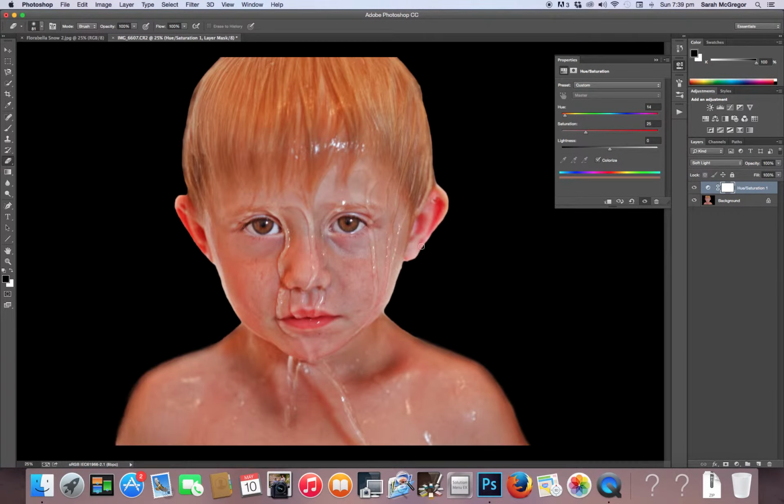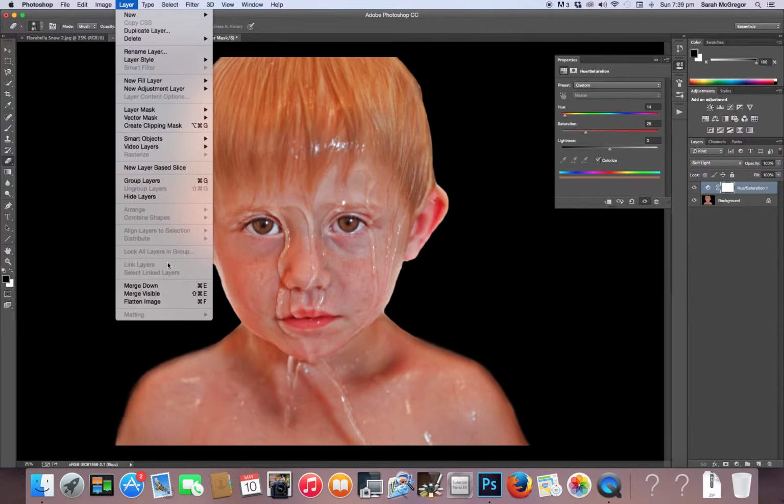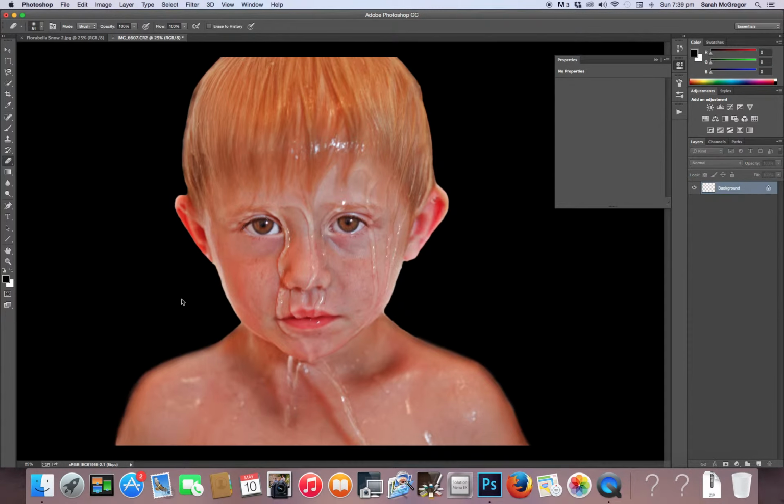So you can see it's really enhancing all these shadows and really bringing out quite a lot of contrast in the image. Now I want to go to flatten. And again, I'm not worried about the colour because I'm going to be changing it to black and white really, really soon. The next thing I'm going to do, this also helps with the blending, is I'm going to go